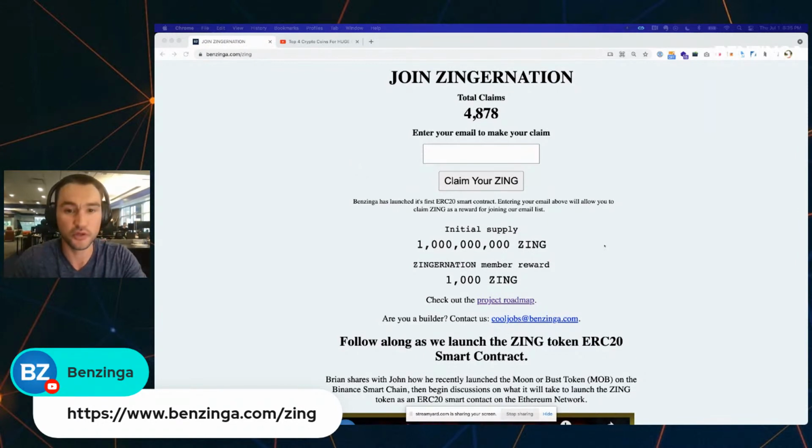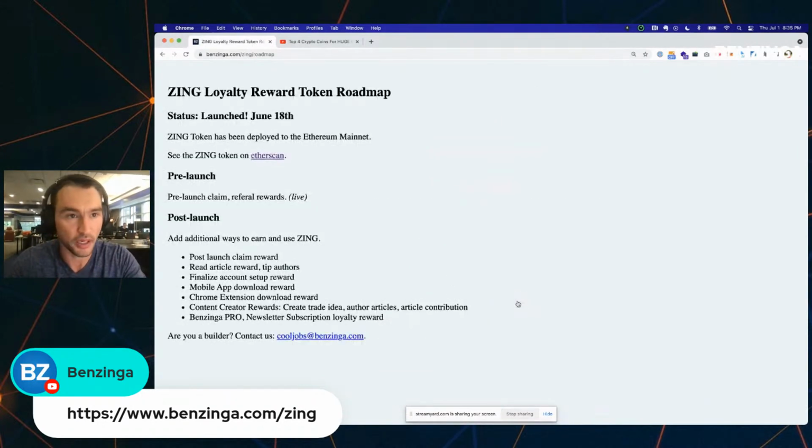And you can go here to our roadmap to see a little bit about how we're giving away Zing. So that pre-launch, so read articles, tipping authors, that's something that we're going to add, probably starting in our mobile app, and then finalizing account setup rewards. We'll give you a little extra Zing if you finalize creation of your account, not just entering your email. Downloading the mobile app,